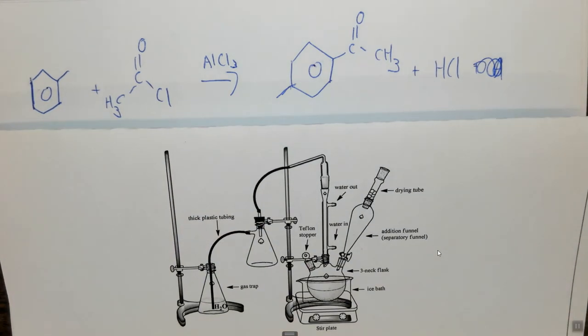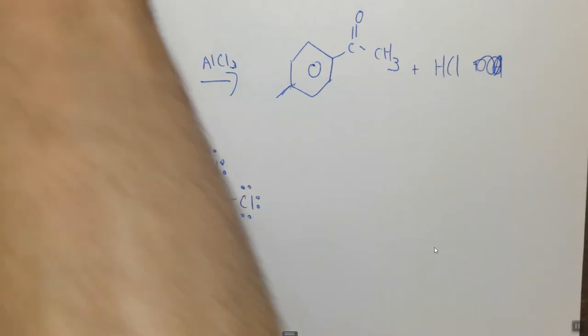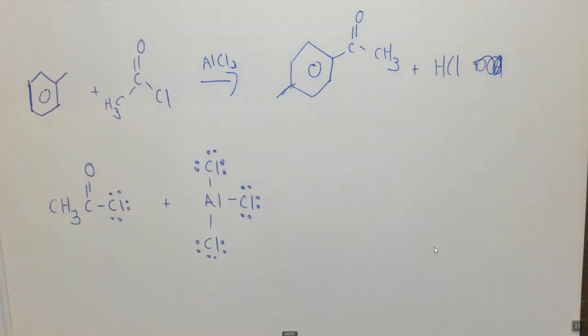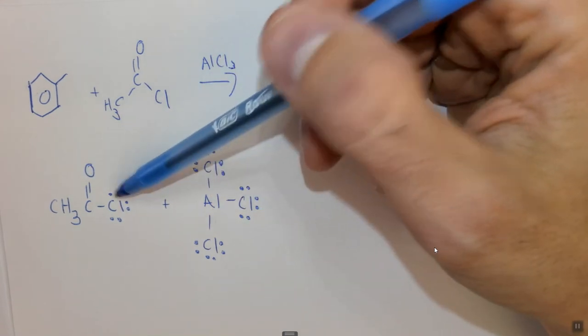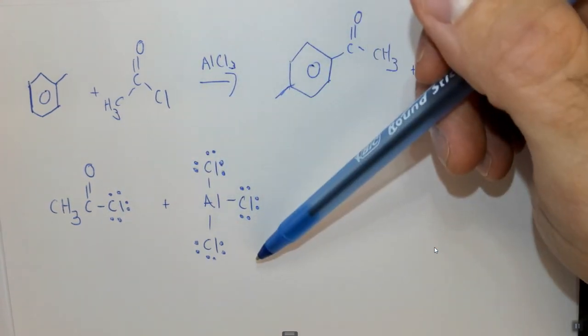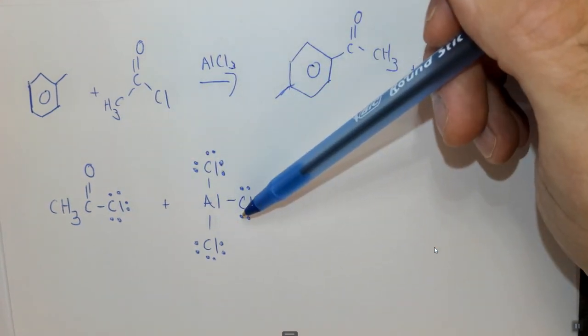All right, so now that we have an idea of specifically how we're going to do the reaction, let's look a little bit at the mechanism of the reaction so that we have some idea of why we're doing it in this order and what's going on here. So in the first part of the reaction, we're going to mix the acetyl chloride in the separatory funnel with the aluminum chloride in the flask. And note that they're both